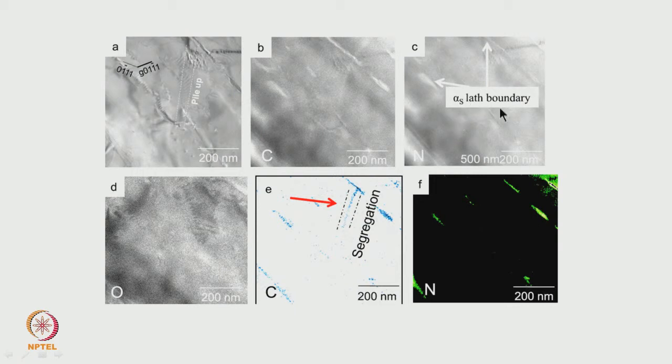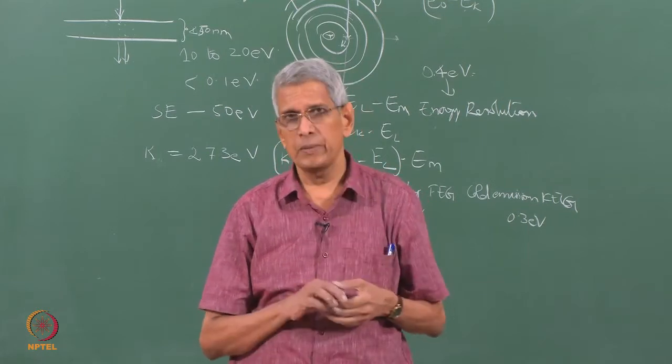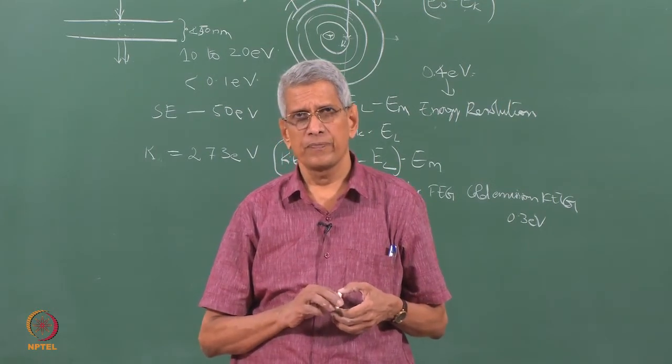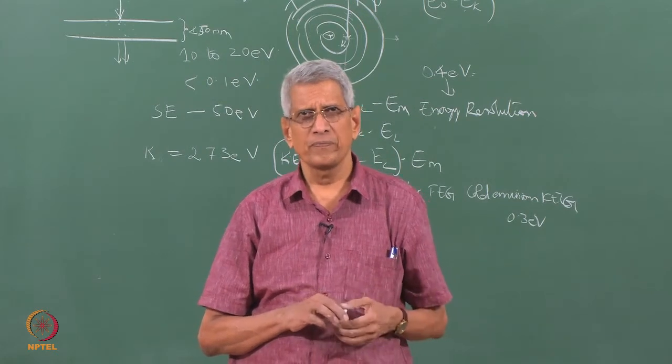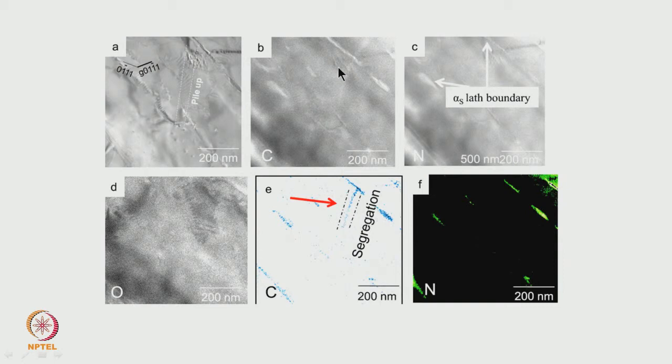We wanted to find out, because we know it is a titanium alloy which contains carbon, nitrogen as well as oxygen, which element is responsible for this segregation. But if you look at the region over which the segregation is going to take place, this may be of the order of 1 or 2 nanometers, and that too with light elements. With other techniques it is going to be extremely difficult to identify them.